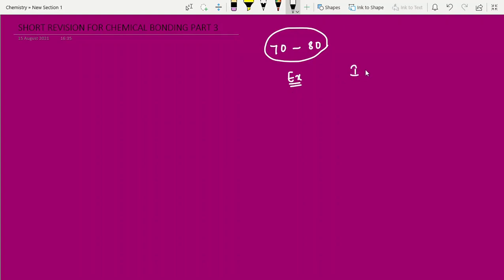first year and second year. So questions like this: suppose a methane molecule is there. In the methane molecule, what is the hybridization? What is the shape? What is the lone pair? How many lone pairs? How many bond pairs? What is the bond angle? Everything. So nearly 70 to 80, more than that, it is there.